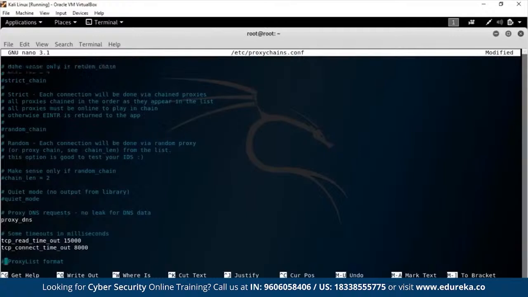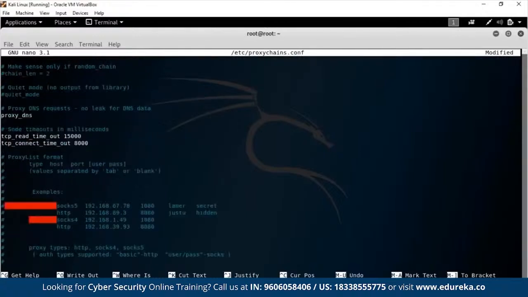Now, if you go down below, we have some other options here, but we're not really interested in them at the moment. What we are here for are the formats for entering proxies, and I'm going to leave it at that. What you see out here is first the type of the proxy, that is SOCKS5, then the IP address, then the port number, and then two words, that is the username and password. So what you see out here, as I just said, is how you would actually write down your proxy chains. And as I had already said, you always want to be using SOCKS5 and you don't want to be using HTTP because it's not really that safe.